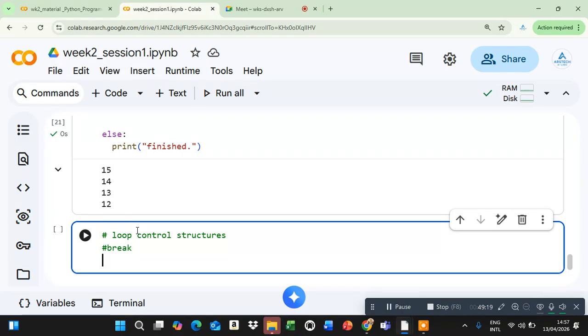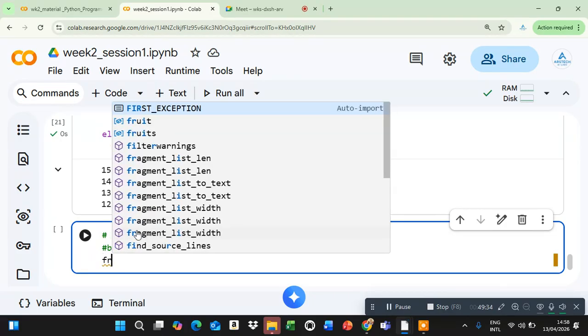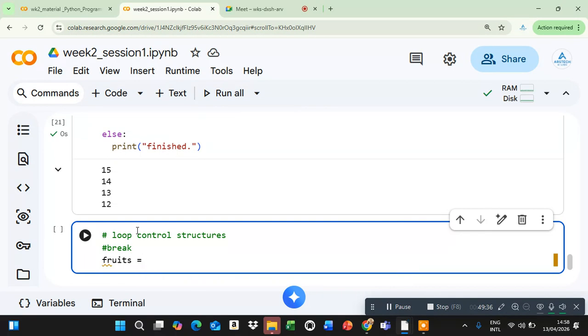Let's go back to our fruit example. Let's do this fruit. I think it should be something like this because let's say I have something like